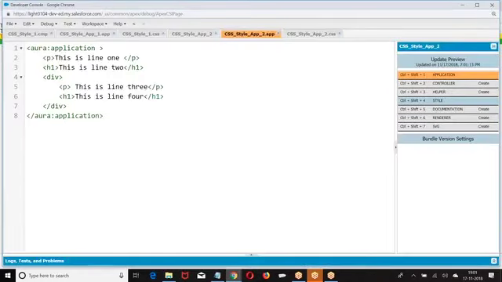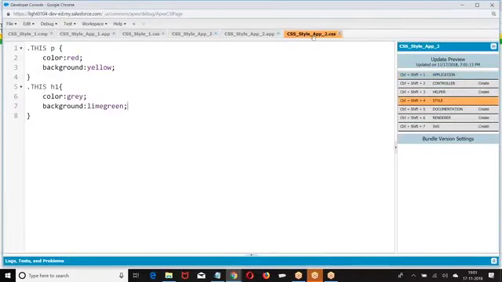Dot this space, dot this space element, dot this space element. Same thing I am applying here.